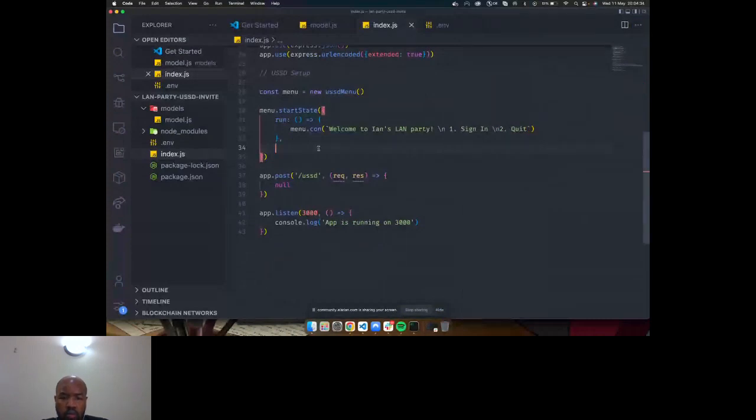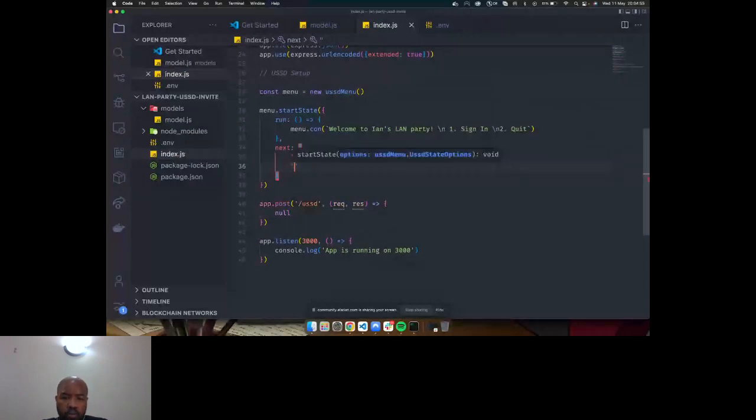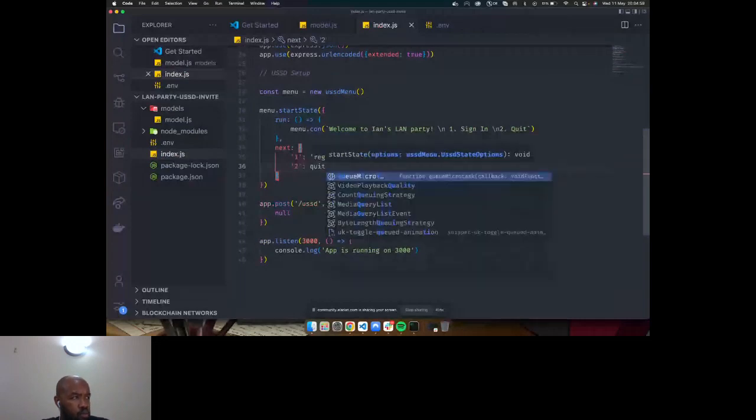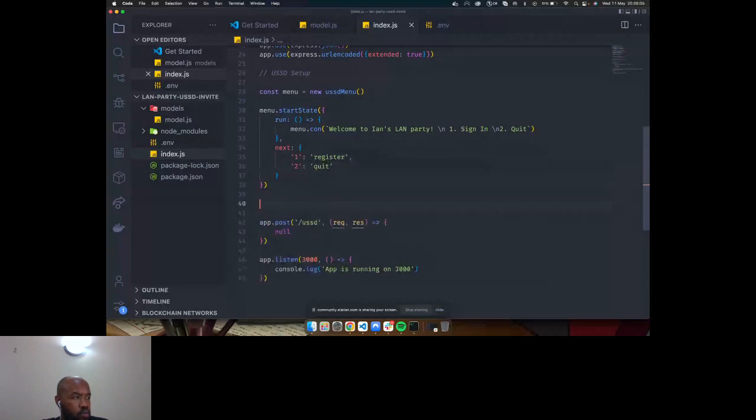And then the other thing we need to define is next. So what next allows us to do is say, okay, which state should I go to next, right? So if someone presses 1, so this is user input, if the user presses 1, go to register, right? So in the register flow, we will now begin to collect data and other things. And then the next thing is quit, right? So we're going to have a quit state. So that's it. We've created our first state, the beginning state, and we're going to create another state